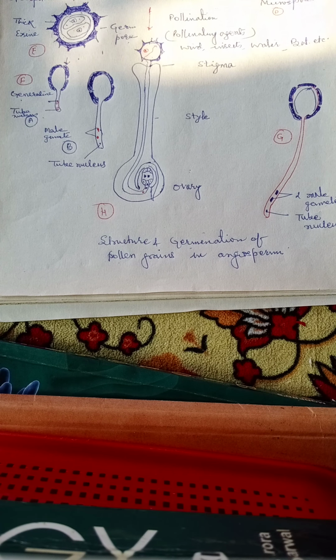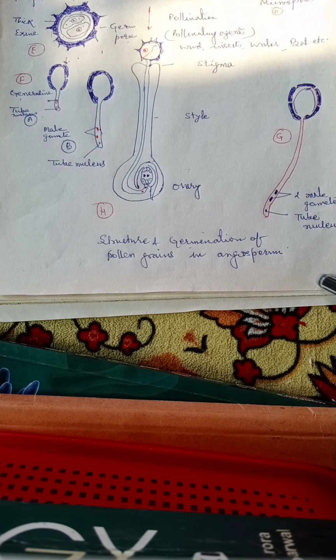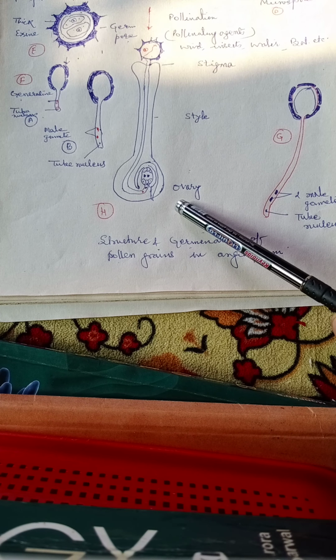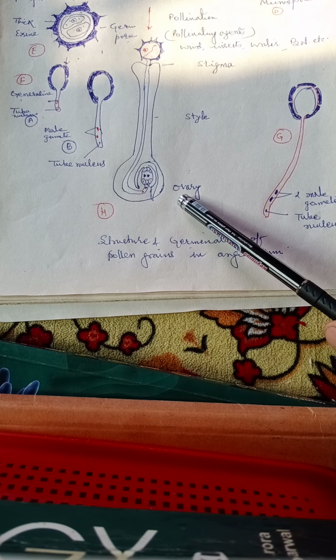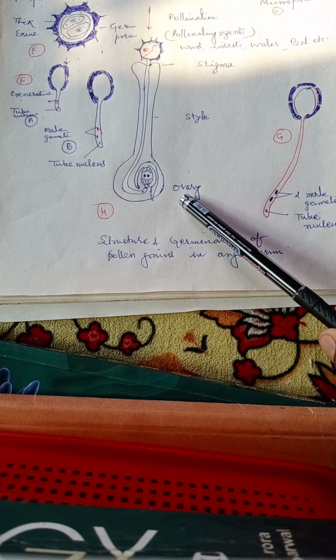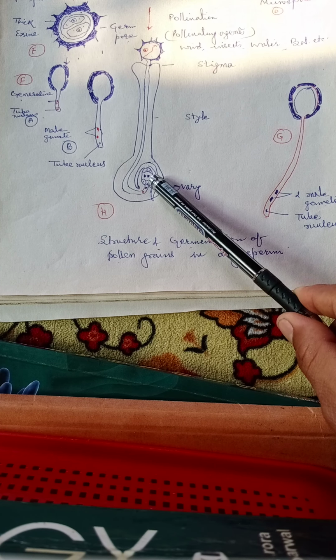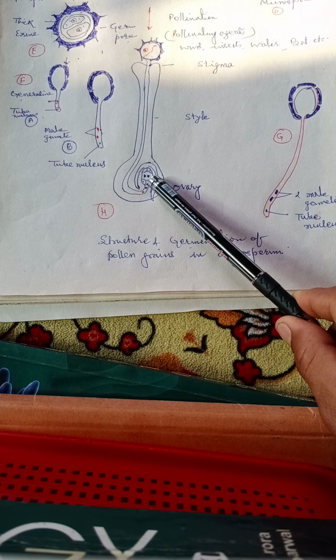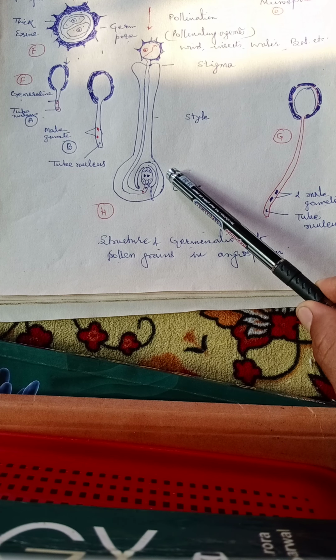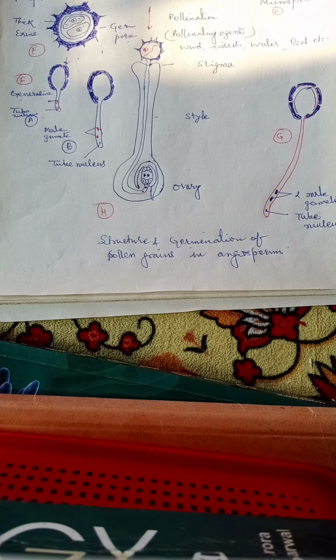Endosperm is a triploid tissue, which acts as a nutritive tissue for the plants. One male gamete and the egg together by fertilization or syngamy form a diploid zygote, whereas the other male gamete fuses with two polar nuclei and forms a triploid nutritive tissue, endosperm. These two phenomena together are referred to as double fertilization, and double fertilization is an important phenomenon of flowering plants.